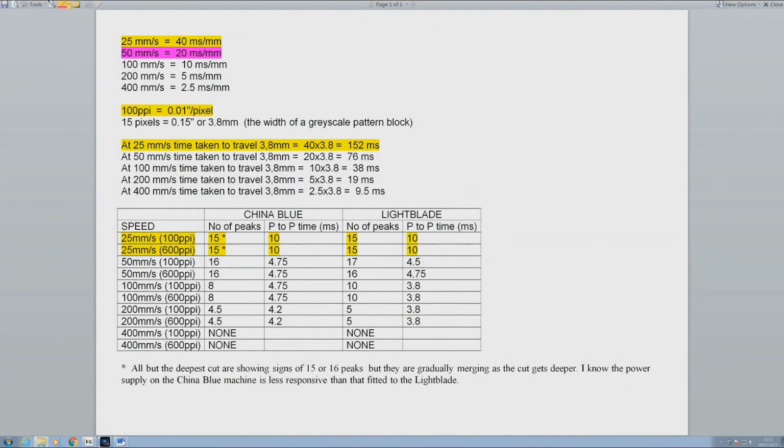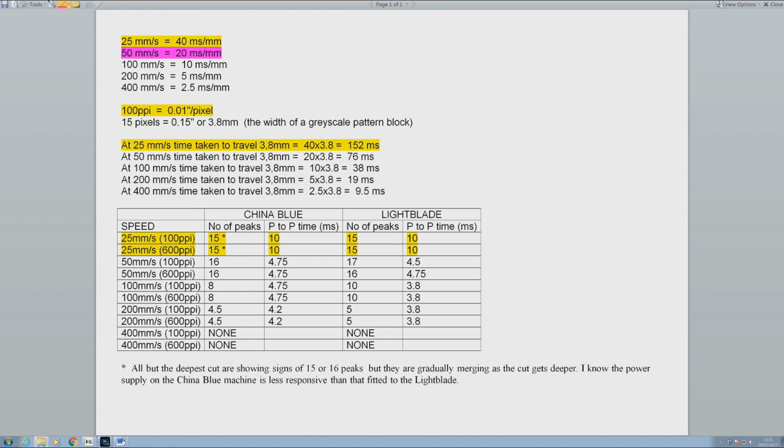Well, here's a summary of the observations that I've made on these patterns. Now, what I'd like you to do is to follow the yellow highlighted lines. Let's start at the top. 25 millimeters a second was the traverse speed that I was using, which basically was equivalent to 40 milliseconds for